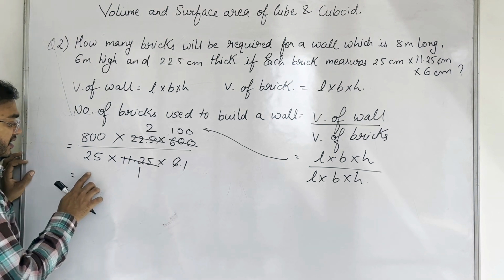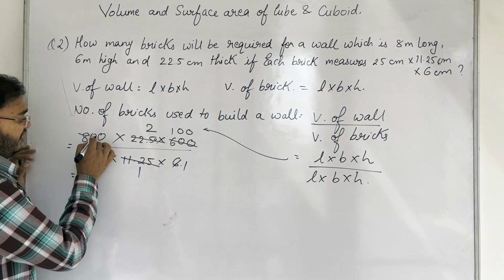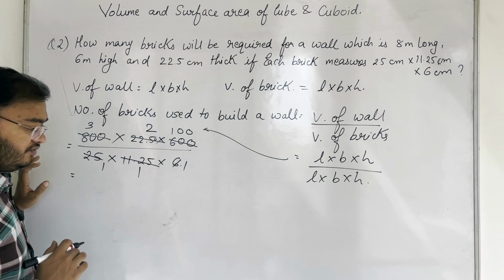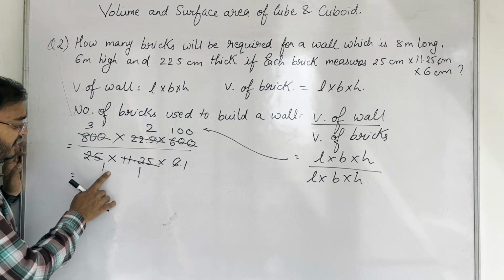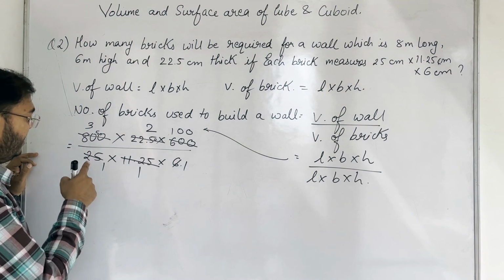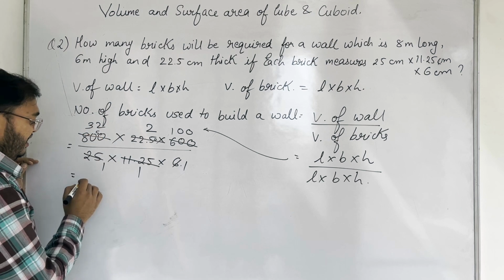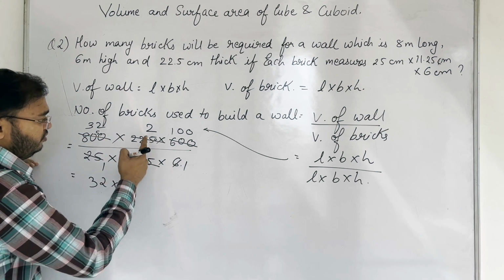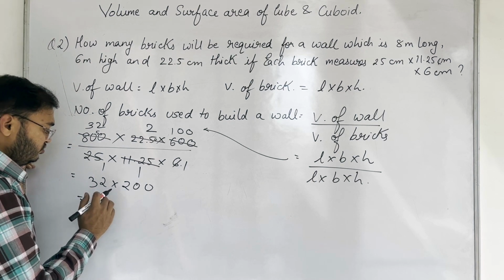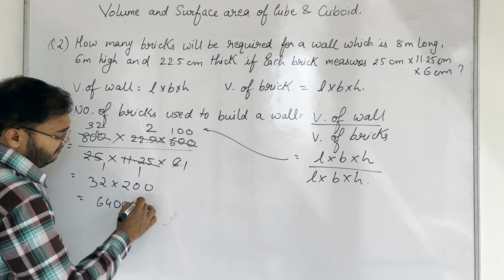Coming over here, 25 ones are 25, 25 threes are 75. Let us make it more easy for you. 25 ones are 25, 25 threes are 75. 5 left, keep it over here, it becomes 50. And 25 twos are 50. That means 32 into 2 into 100 is 200, which is equals to 32 twos are, that is 6400 bricks